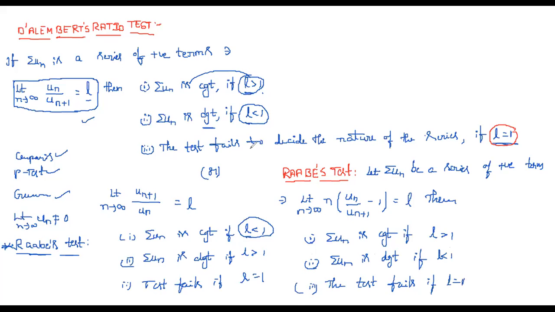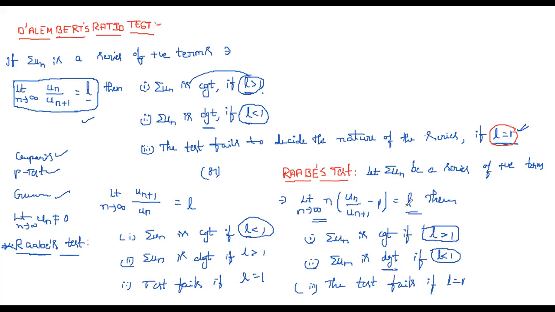So as I already said, this is not a new test. First you need to apply the ratio test for the given problem. After applying that, if you get the limit value as 1, then you need to apply Raabe's test. In Raabe's test, which condition do we apply? Limit n tends to infinity n into (u_n by u_(n+1) minus 1) is equal to L. Here also we get some value, right? Based on this value, we will say: summation u_n is convergent if L greater than 1, and in that case L less than 1, divergent.